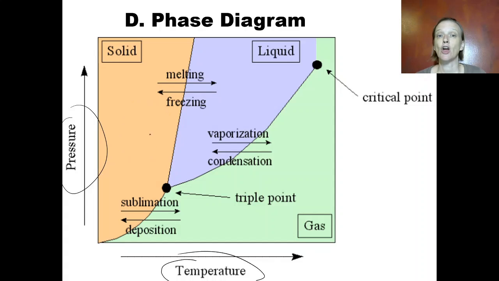You can see that at cold temperatures, think about water here, you're more likely to have a solid. So the solid, not surprisingly, exists here at low temperatures. It also exists at high pressures. Okay, low temperatures and high pressures is where you have solids. When your temperature increases, then, using water as an example, your ice cube will melt into a liquid, and then you have liquid